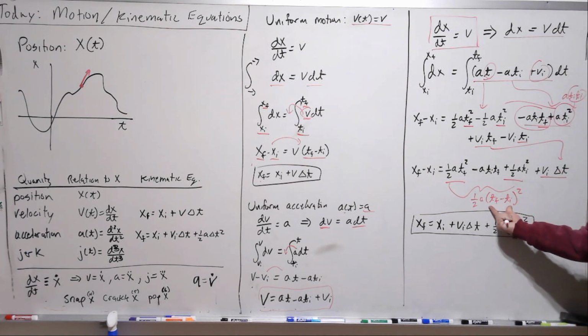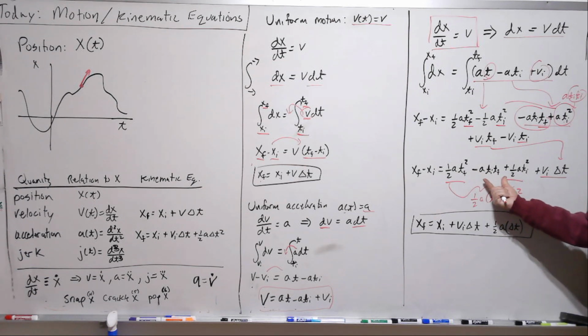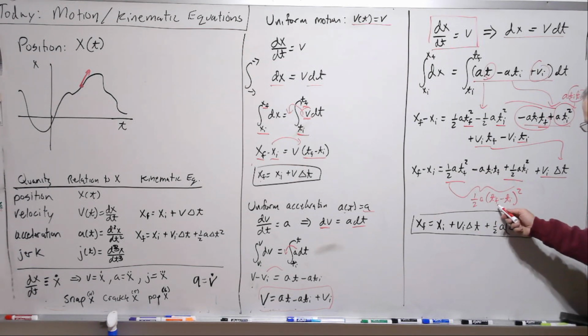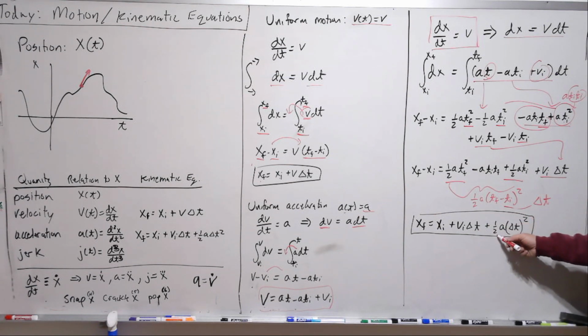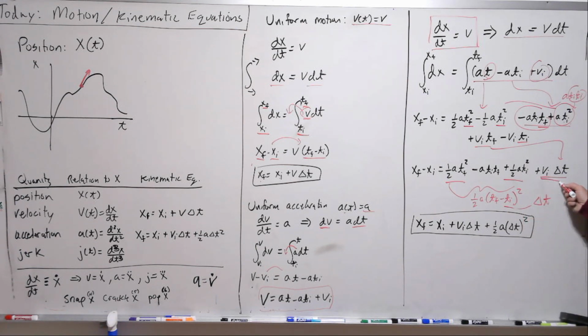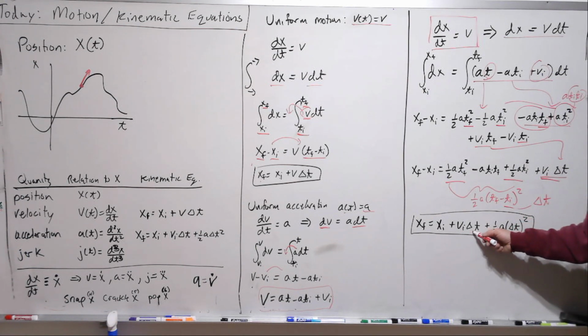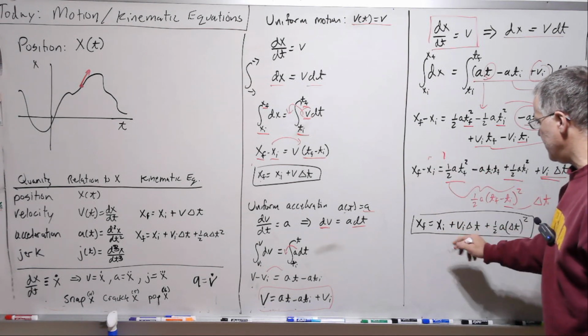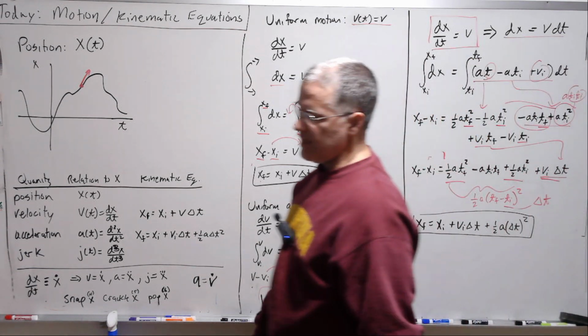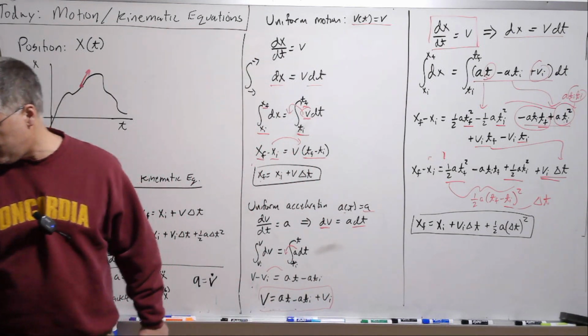So if we were to multiply this out, FOIL this out, we would get this. And so this here is just delta t. And so we get 1/2 a delta t squared, v initial times delta t, and then we just bring our initial position over here. And we have the final kinematic equation